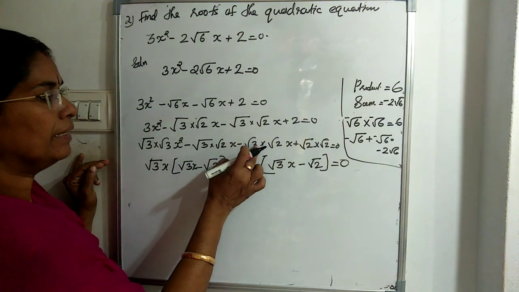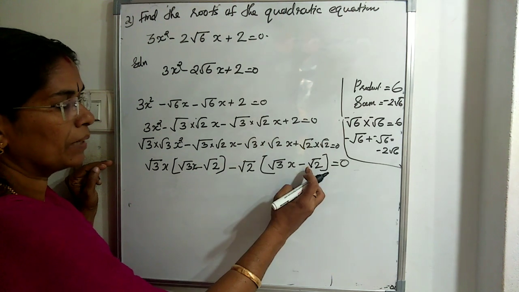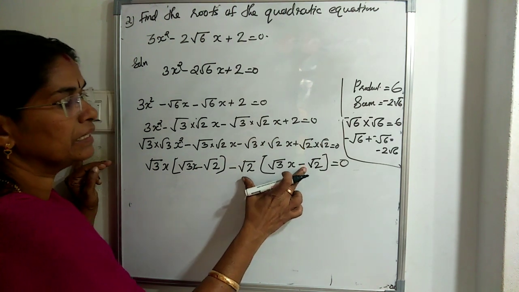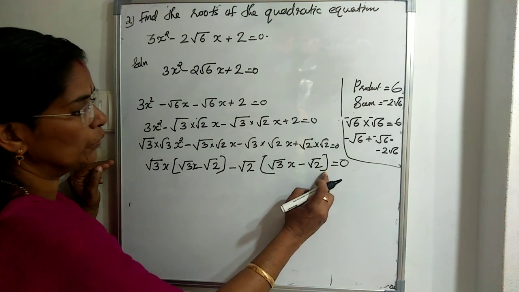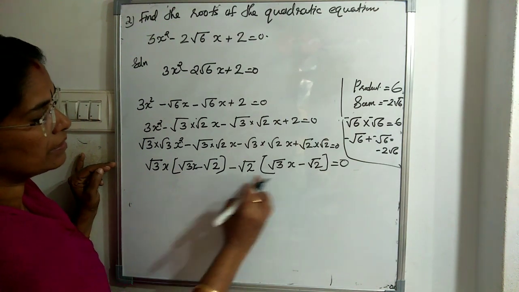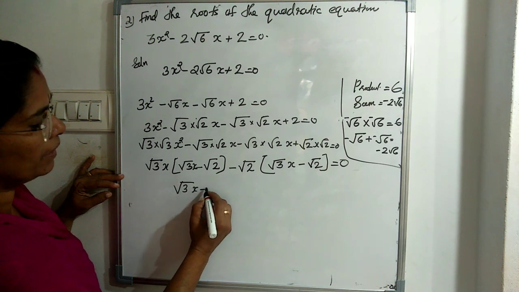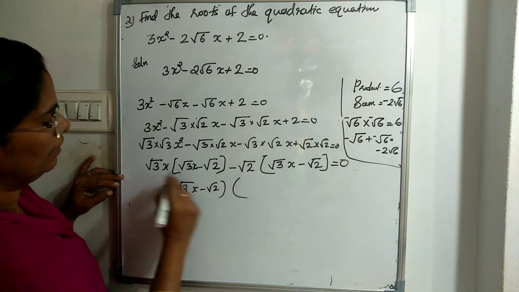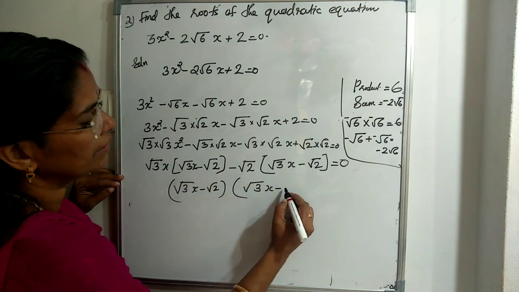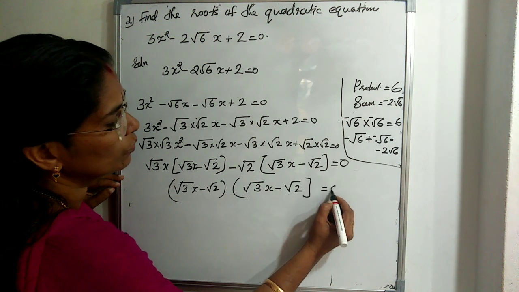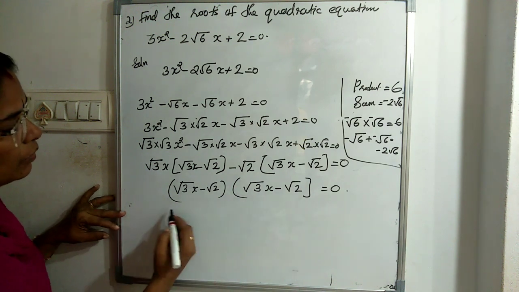Clear? From here we are taking minus √2 common, then the balance is √3x here. Here the sign is positive, so we make it negative, then only after multiplication it becomes positive. Already negative we are taking outside. So −√2 equal to 0. Look at the first and second bracket, it is the same. Again √3x − √2 we are taking common. In the bracket, the balance is √3x − √2, that is equal to 0. So we can equate each term to 0.